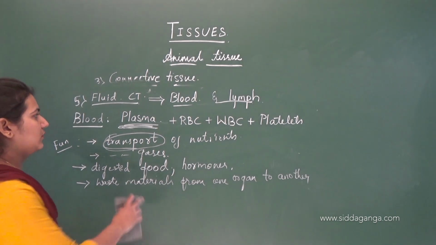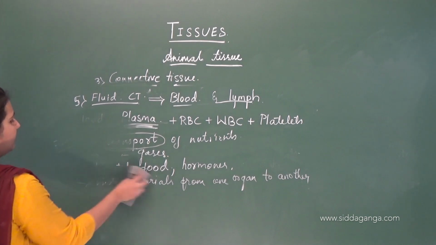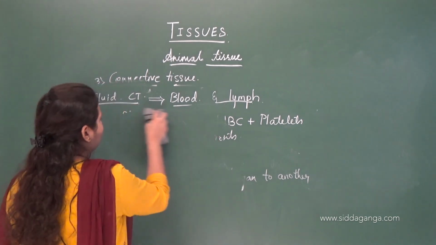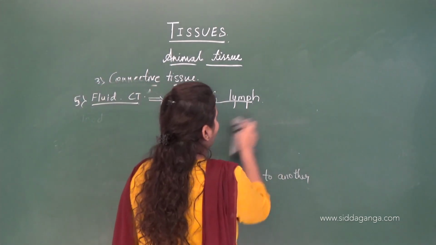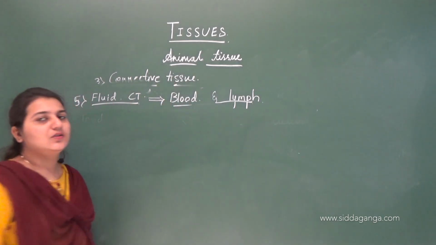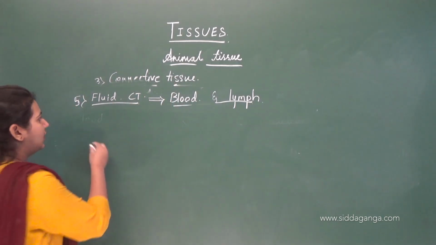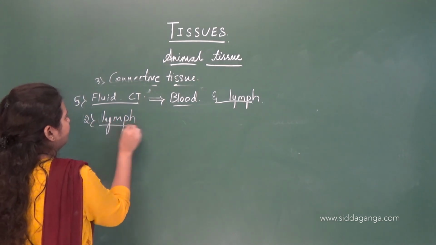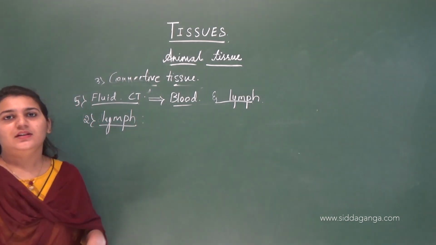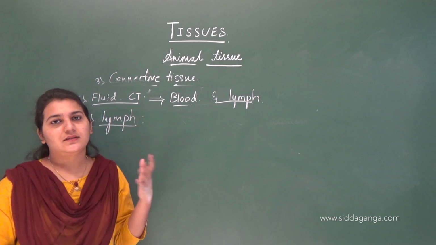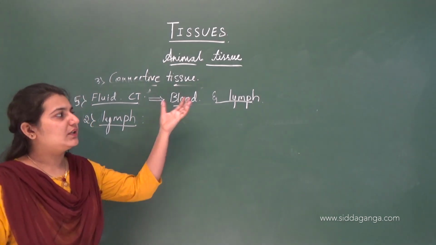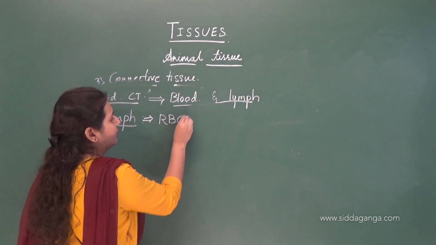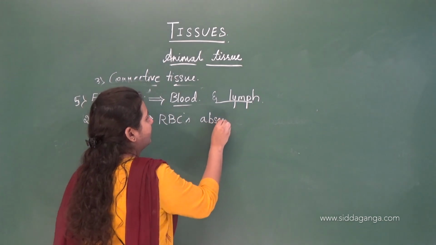So blood is red in color due to the pigment hemoglobin, isn't it? Due to the RBC, in the RBC there is a pigment present, but in the lymph there are no RBC. So what is the color of the lymph? It is just a white fluid. Blood has RBCs in which RBC has hemoglobin in them, hence the color of the blood is red. But in lymph these RBCs are absent, hence they are white in color.